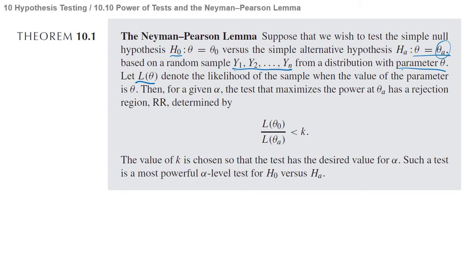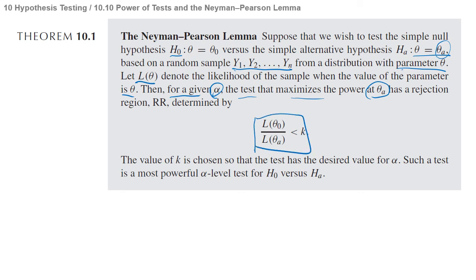Let L(theta) denote the likelihood of the sample when the value of the parameter is theta. And then for a given alpha, the test that maximizes the power at theta A has a rejection region determined